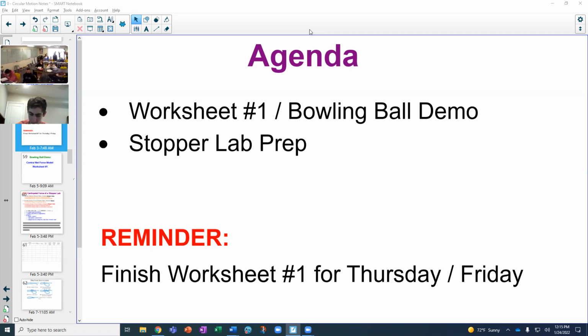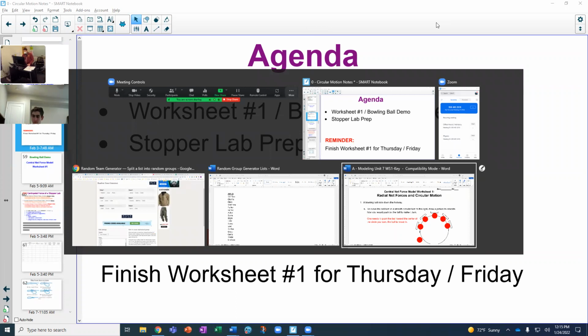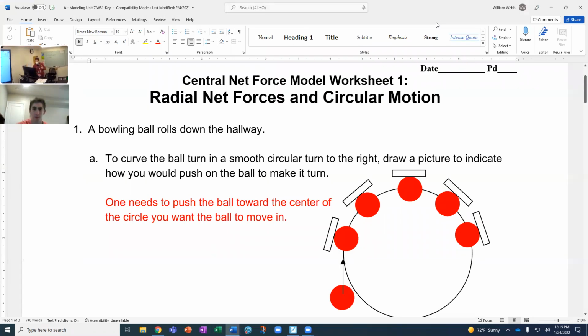So the main point of that was to help you see kind of a visual of what the first question on that worksheet 1 is asking. So let's switch gears to the first question on that worksheet. Do you see the worksheet now, Charlie? Yeah. So there's no one right way to draw it. This is just an example. And hopefully you can see from this example on the screen